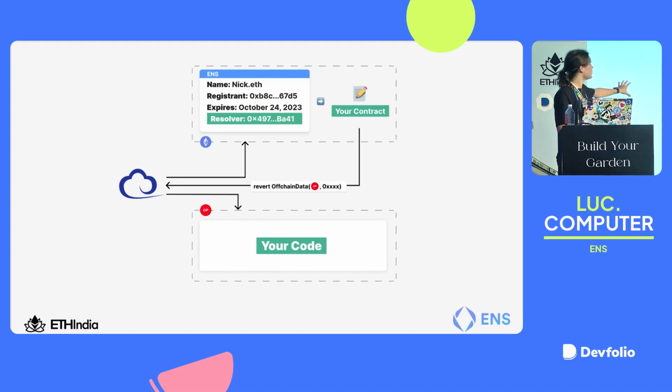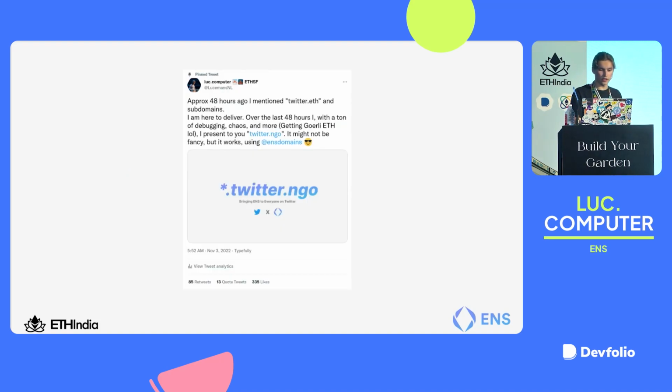So I recently built a centralized version of this, which contacts a centralized API endpoint on one of my servers, and it is twitter.ngo. So I made subdomains of twitter.ngo. This was another 48-hour project, quickly coded together because I felt like a project. And what happens is if you take anybody's Twitter username, provided they have ENS in their name, .twitter.ngo, it'll go to the ETH mainnet smart contract.